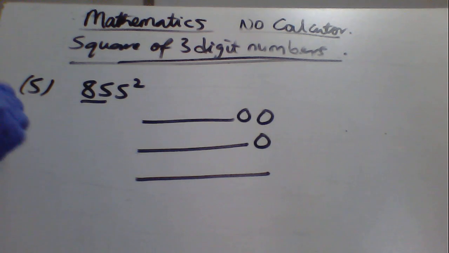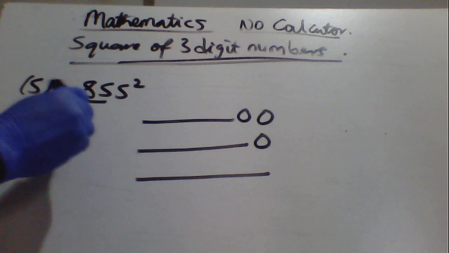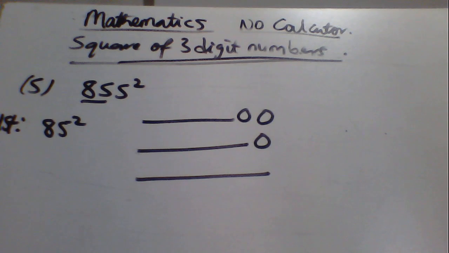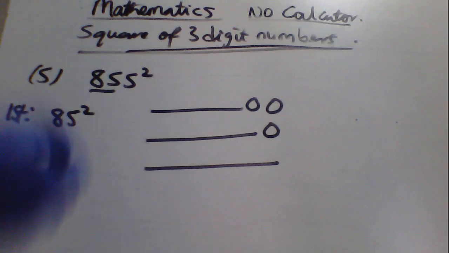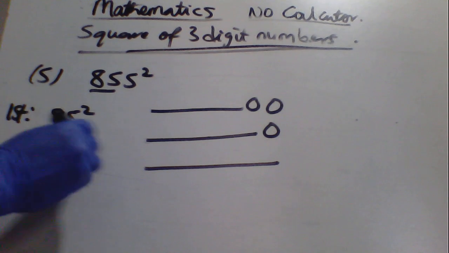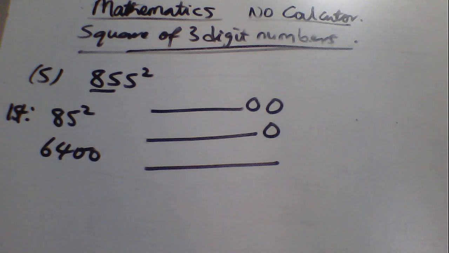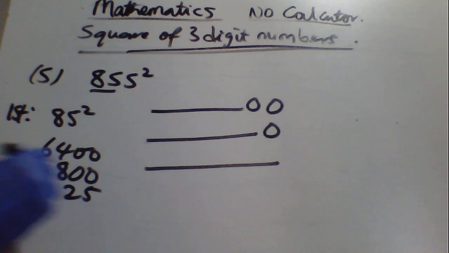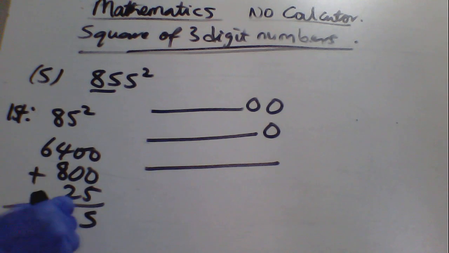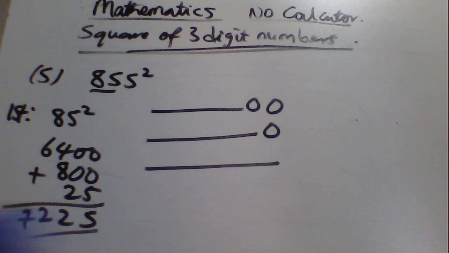First step is to find the square of 85 using the formula already stated. So in this formula, you square the first number, which is 64 times 100 will give us 6,400, times 8 by 5 will give us 40, 40 times 20 will give us 800. Square the last one, now add up, that gives us 7225. See how easy it is? You write it here,